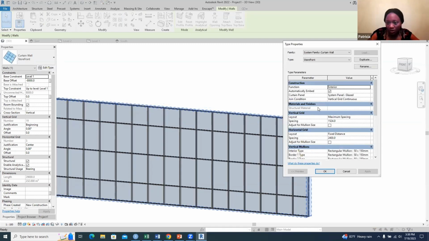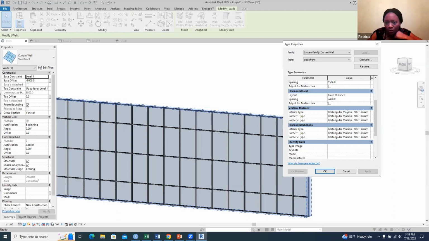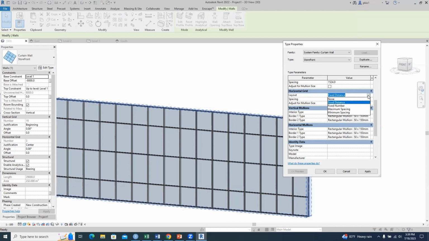All right, so come to edit type, and then you were talking about the mullions here. So if you want to set your mullions, the layout, your fixed distance is important. You can click here and change that fixed distance to say no distance, fixed number, maximum. So you choose how you want to set the mullions. And then